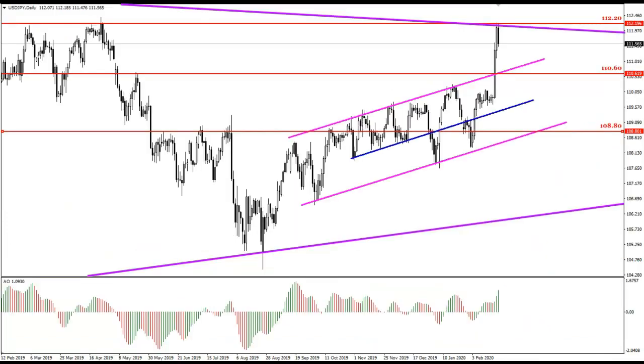Last week, the USD/JPY pair showed growth and reached the resistance line of the global triangle pattern, but could not overcome it and is currently trading at 111.50. This week, the main resistance will be the global high at the level of 112.20. The main support is located at the level of 110.60, near which the resistance line of the local rising channel